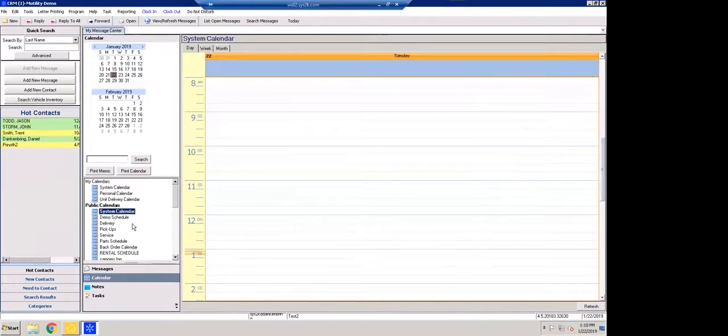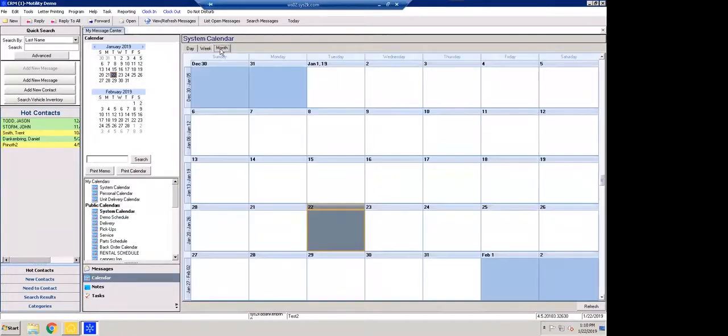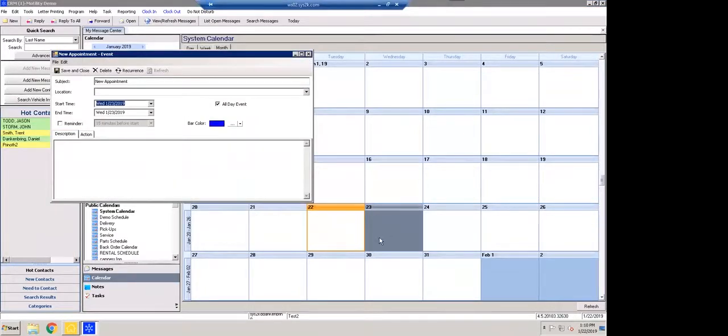If you ever want to go ahead and add an appointment, you have your day, week, and month tabs here. And if I want to create an appointment for tomorrow, I can just click on January 23rd, double click it, and it will pop up a screen for me to add my appointment,